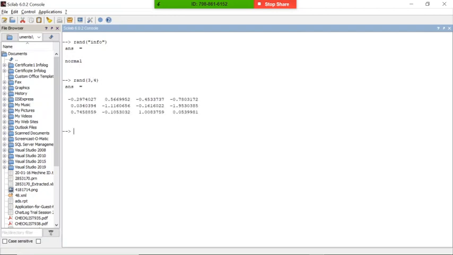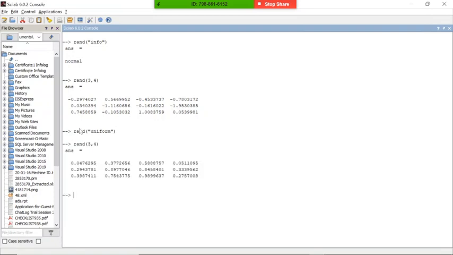You can see there are 3 rows and 4 columns, right? And you can check the values we are getting. After 0.29 we are getting positive values, meaning something random is there. The same thing I will change from normal to uniform, then we will check what output we get.